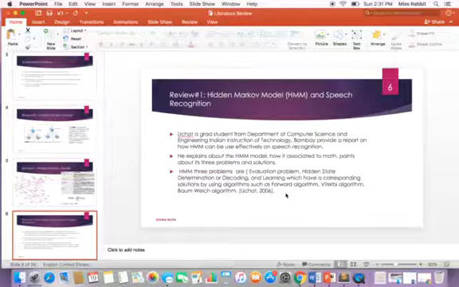A student from the Department of Computer Science and Engineering at one of the Indian institutions in Mumbai wrote a report on how an HMM can be used effectively in speech recognition, and his last name is Uchat. He explained the HMM model, how it's associated with math, and he also pointed out the problems,